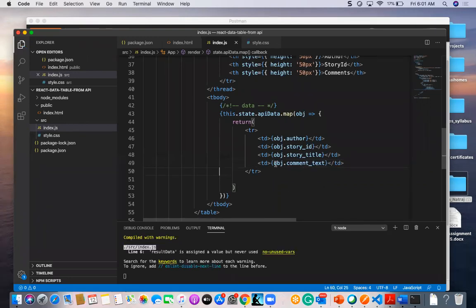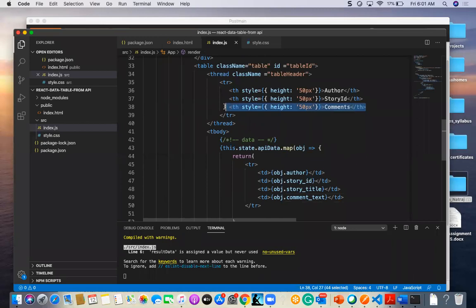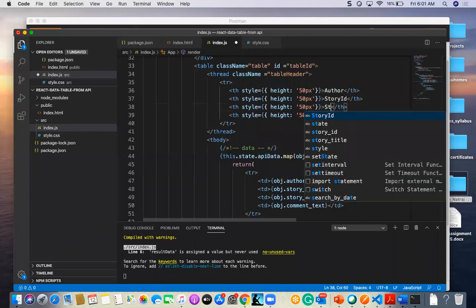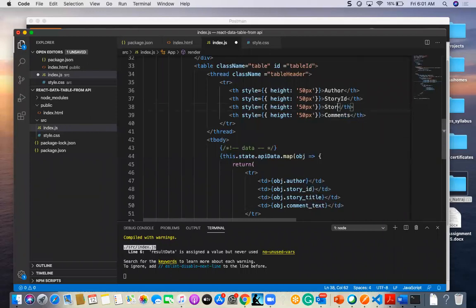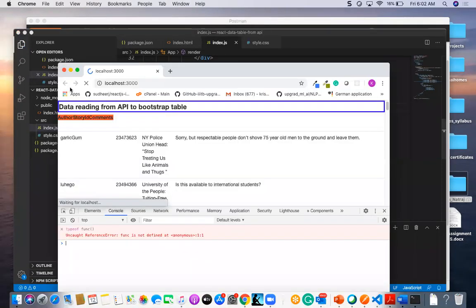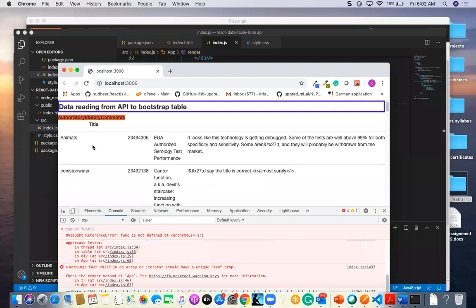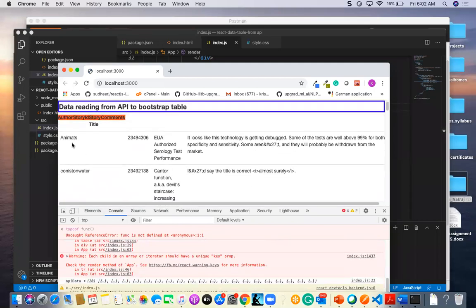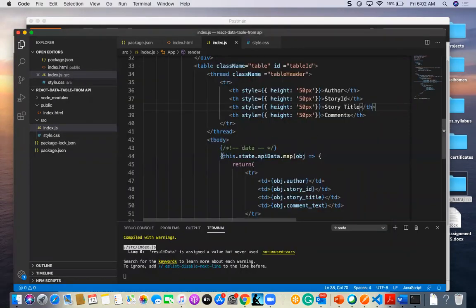So comment text. Here I am going to mention one more, that is story title. Story title. So now you should see all this information, but what is missing is the alignment.